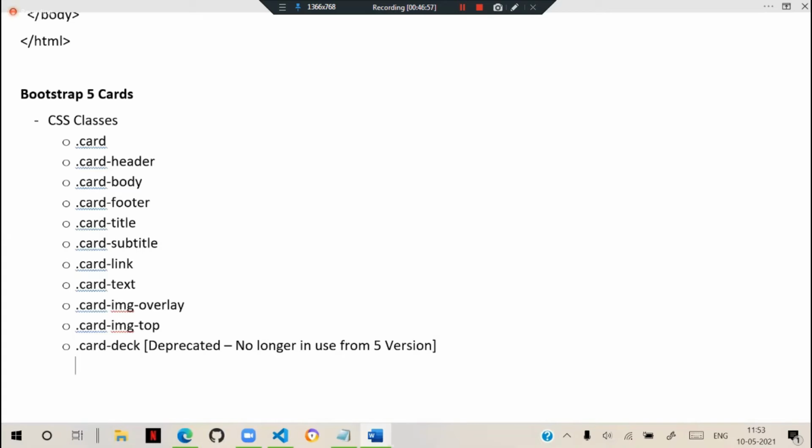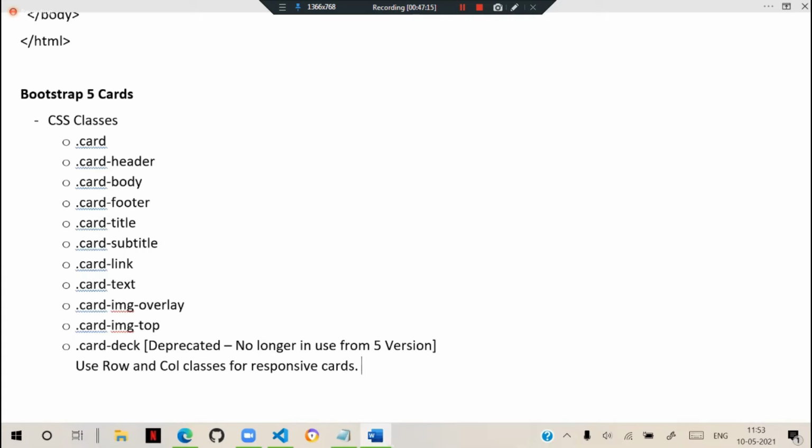So better use row and column col classes for responsive cards.